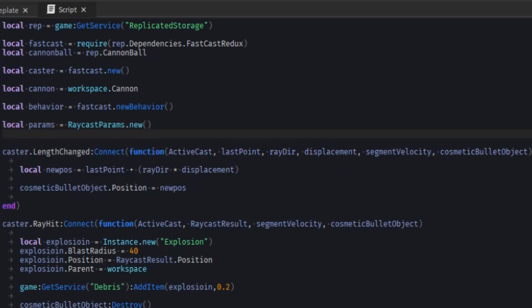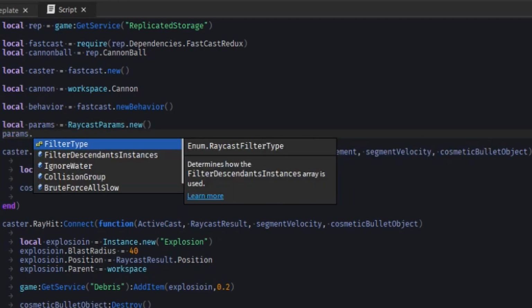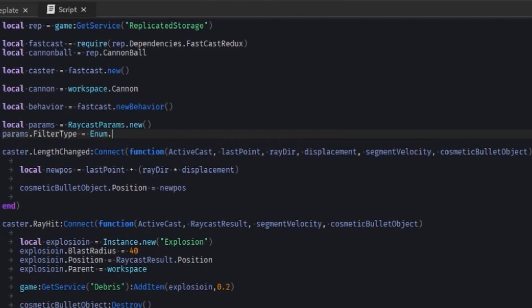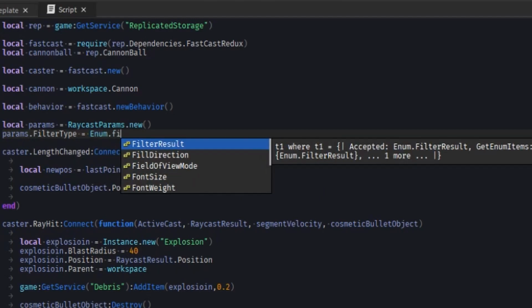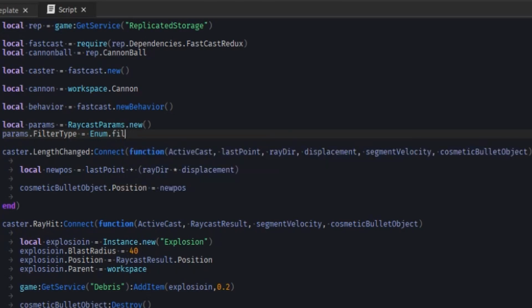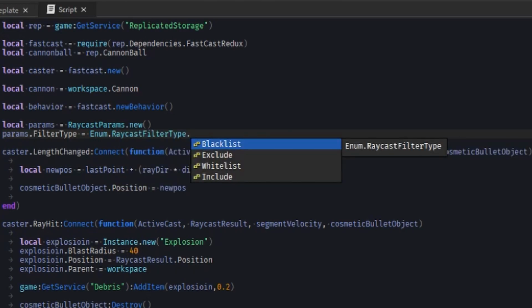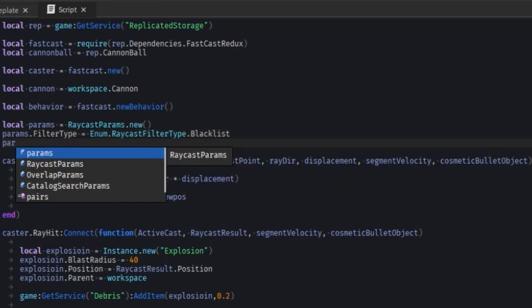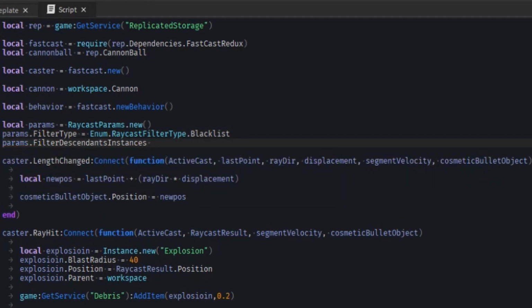Obviously it's going to be just your normal raycast parameters, nothing special. Filter type equals Enum.RaycastFilterType.Blacklist. Filter descendant instances equals, and we'll just put our cannon in there,